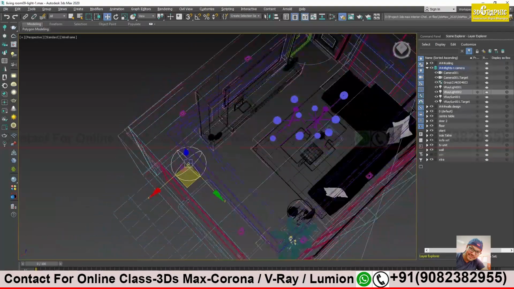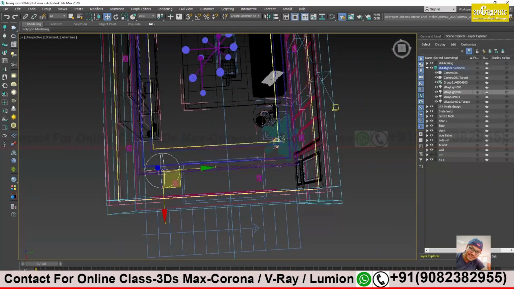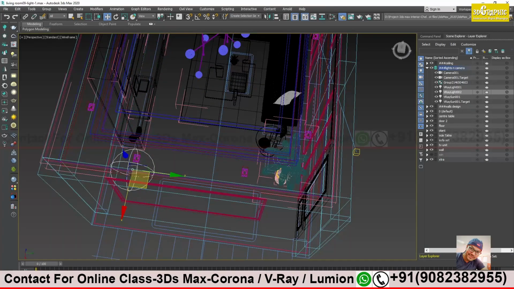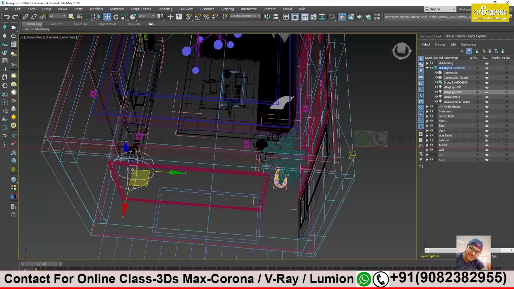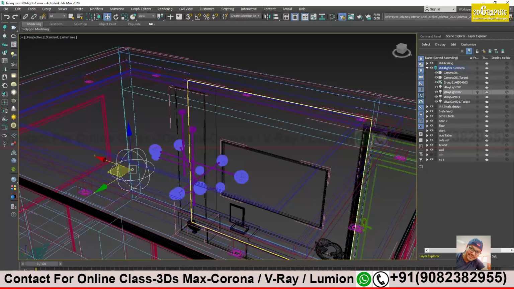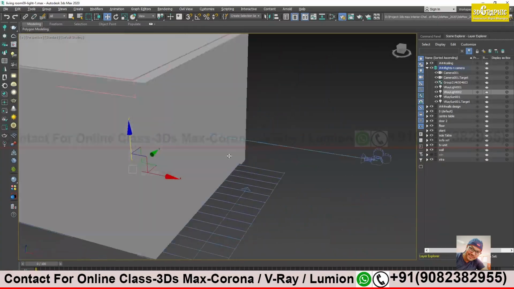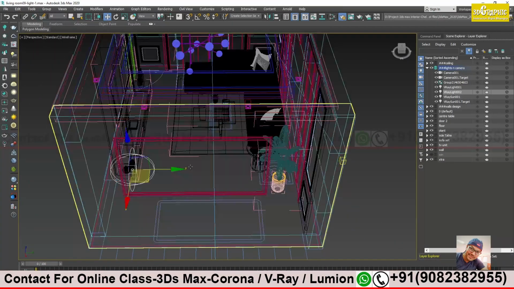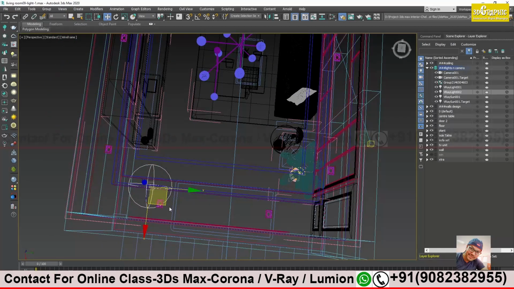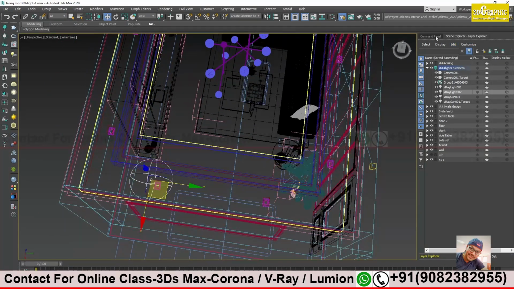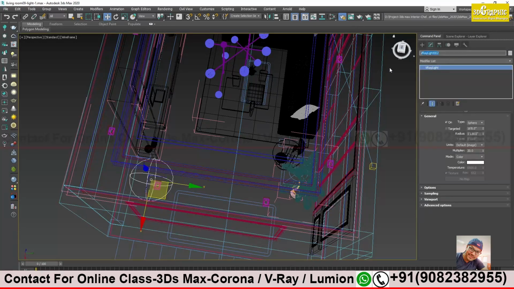I want a little bit of illumination from here to just show the detailing of my plants and all the furniture over here. So I will just make sure that this is inside the room, not outside my wall. Okay, it is inside the room only. And I will go to the properties and change the name. This is sphere light. Easy to remember. And the intensity is too high, not that much. I will take 5.